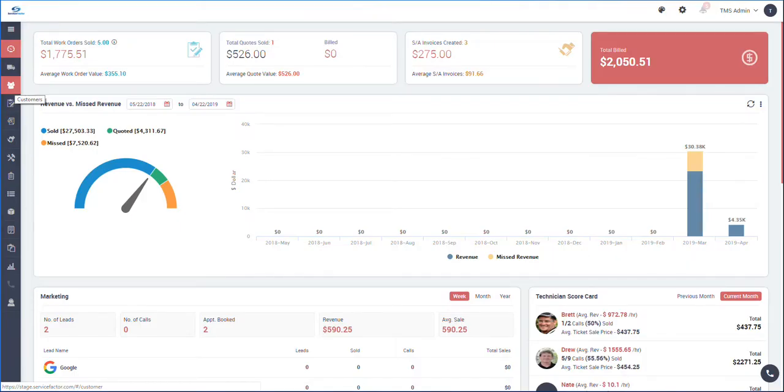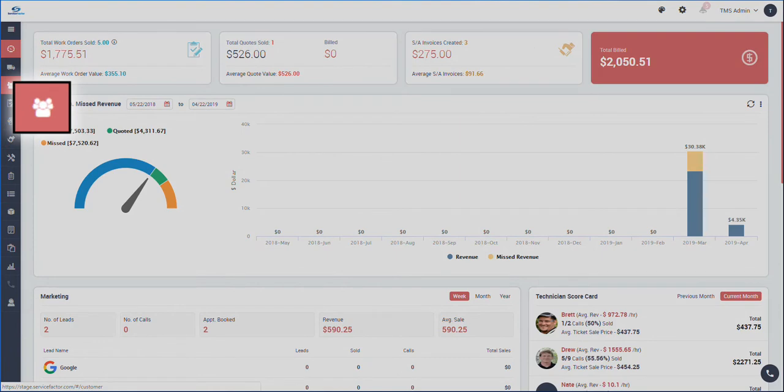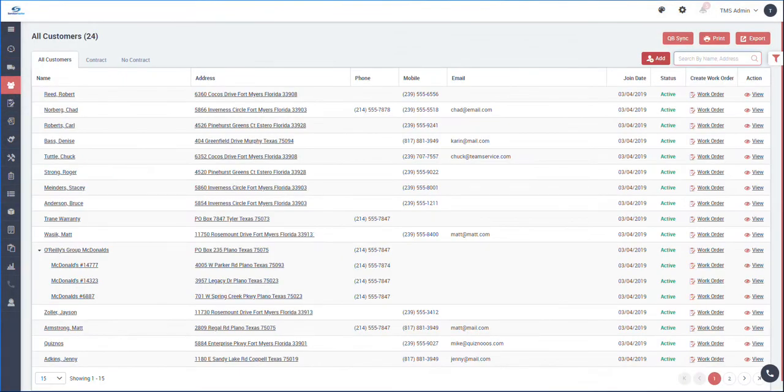This tutorial teaches you how to add a customer in ServiceFactor. To add a customer, bring up the customer file by clicking the customer icon from the menu on the left-hand side of the screen. Click the Add button at the top of the customer list, which will bring up an